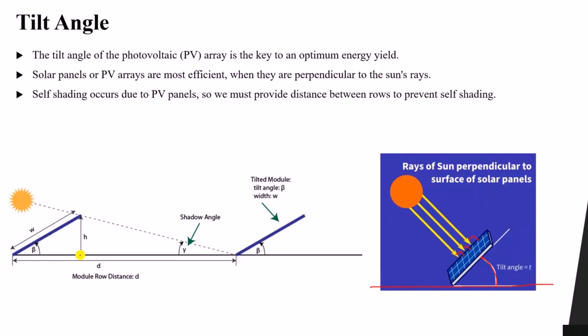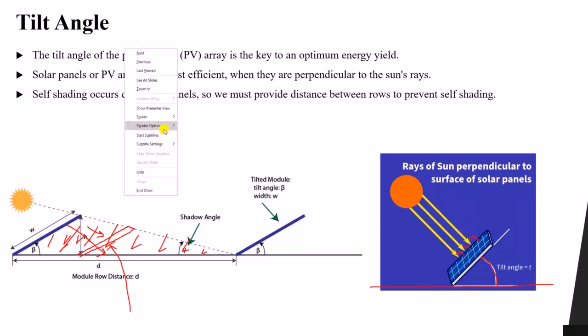Now, for example, if I install the next panel like this, you will see that this panel is causing a shadow on this panel, which reduces the electricity generated from this panel. This phenomenon is called self-shading. Self-shading is simply that each panel produces a shadow behind it. You can see sun rays here forming a shadow at this region. So if we install a panel directly before it, it will have a shading effect.